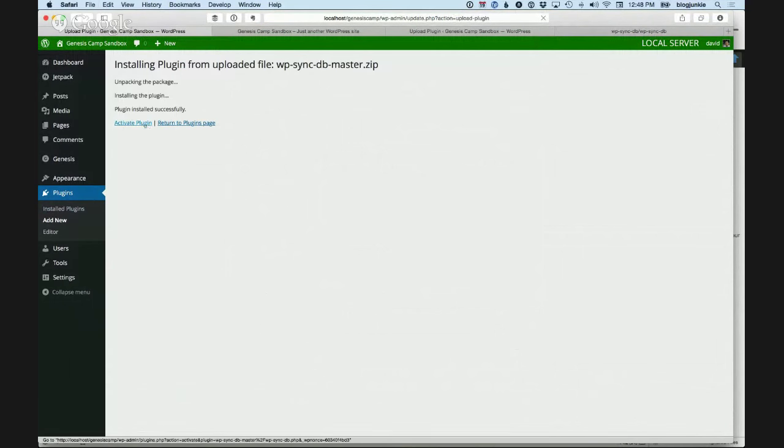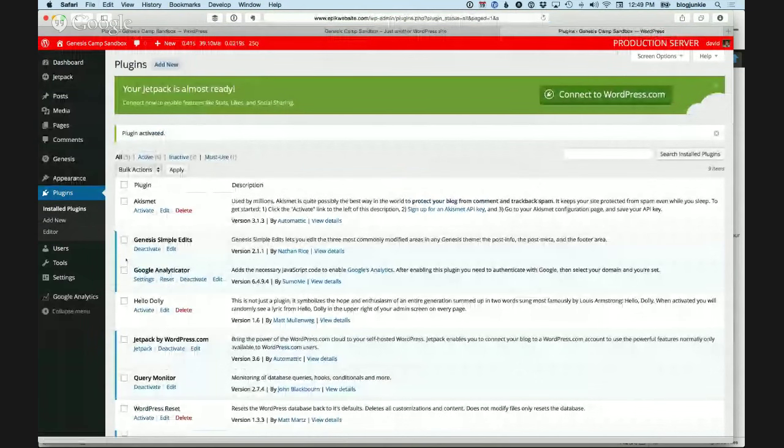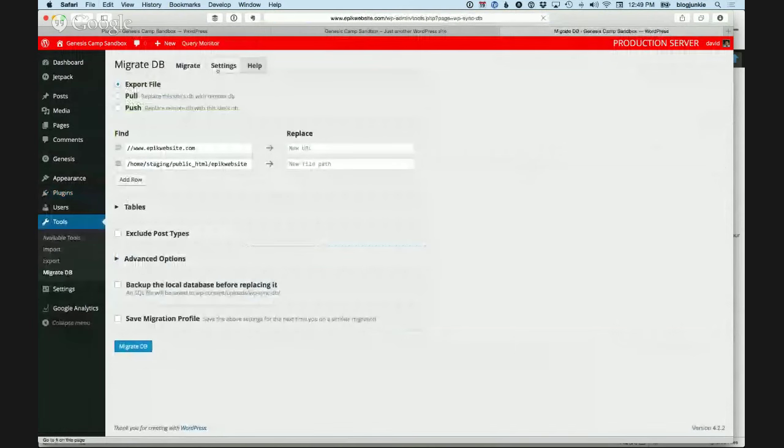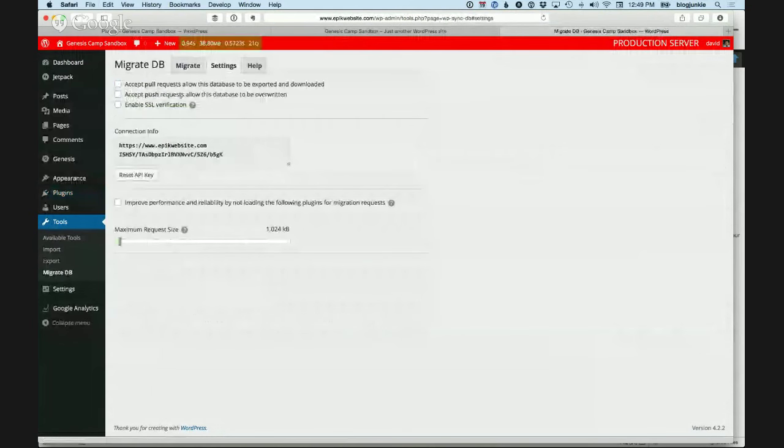Okay, so this plugin I want to activate. Activate WP Sync DB. And we need to go and set this up. So go to the settings page of WP Sync DB settings, and this is the production site. I want to accept pull requests to allow this database to be exported and downloaded. And for me to do that, I just copy this connection info here, and then I go into the local